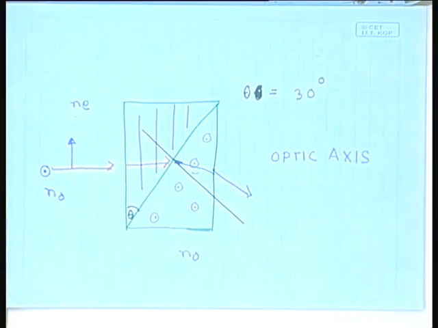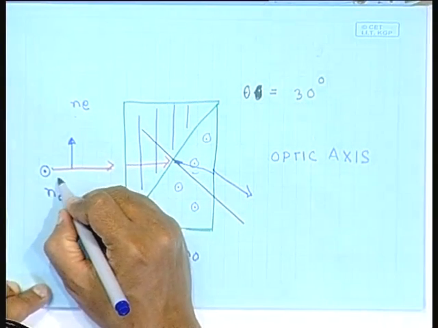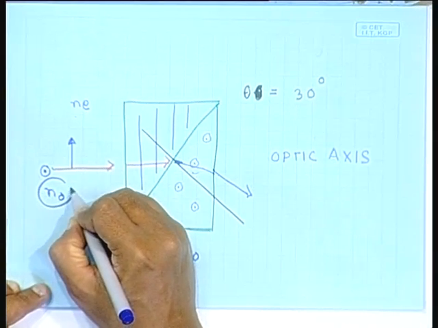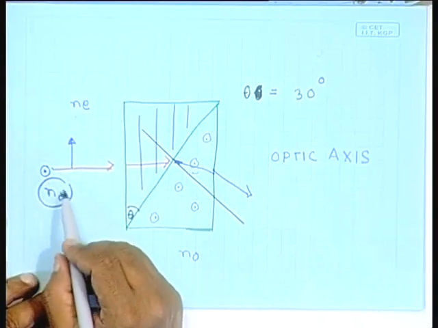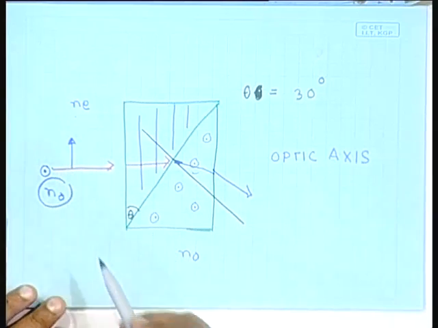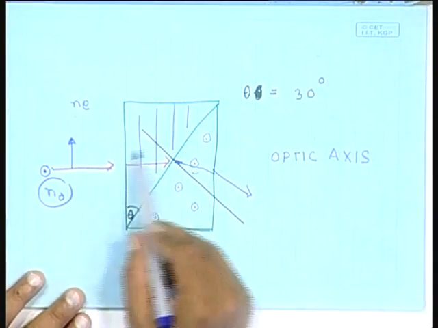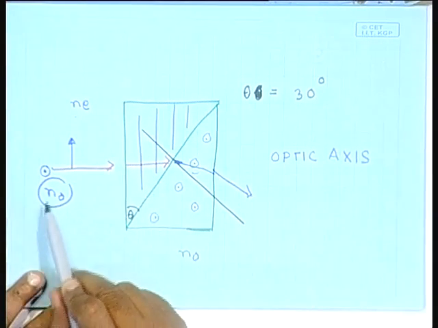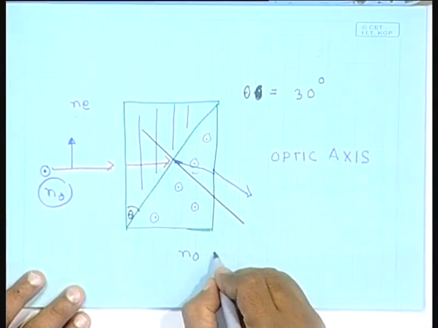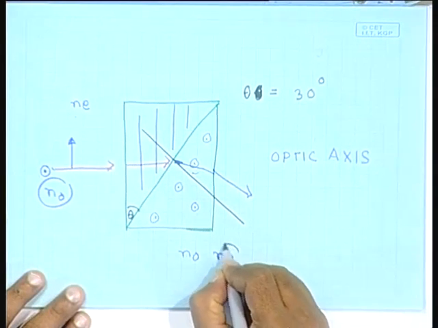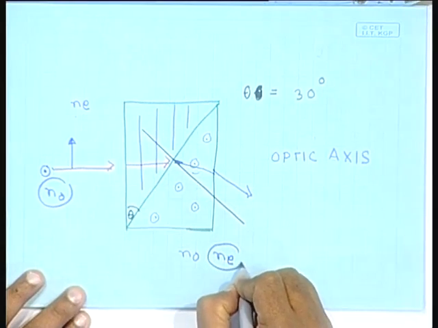So, let me put circles around them. The component of this wave which is polarized perpendicular to the plane of this paper, when it enters this prism, is going to experience a refractive index No, and when it enters this prism, it is going to experience a refractive index Ne, the extraordinary refractive index, and